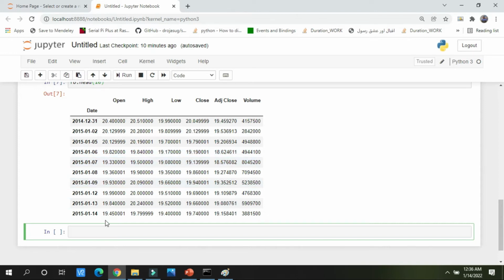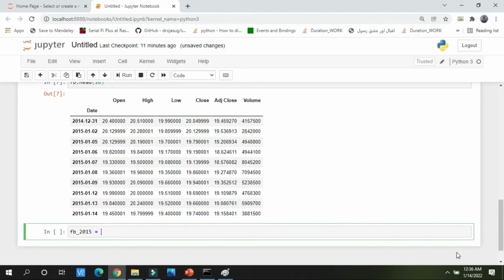Now I am teaching you how we can slice the data in Python. I am making another variable, FB 2015. In this variable, from the whole data, I will slice the data of 2015.